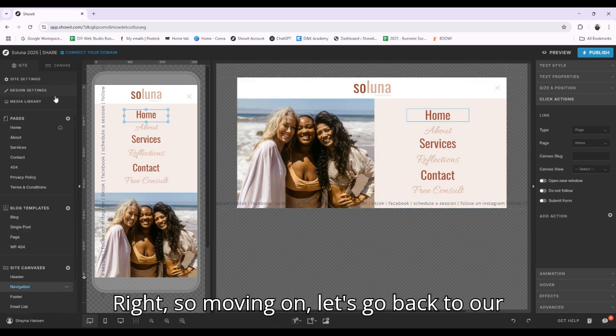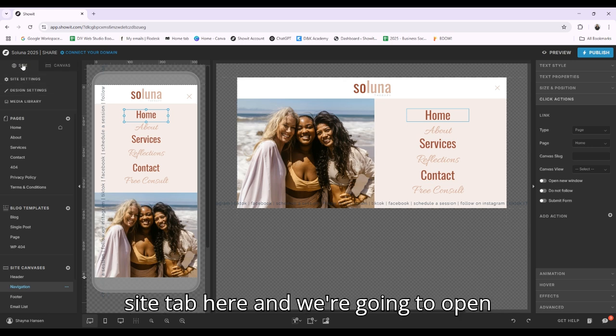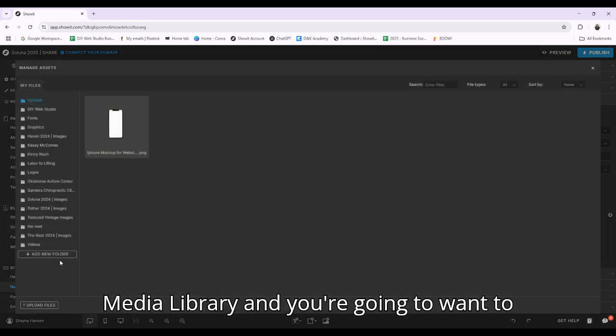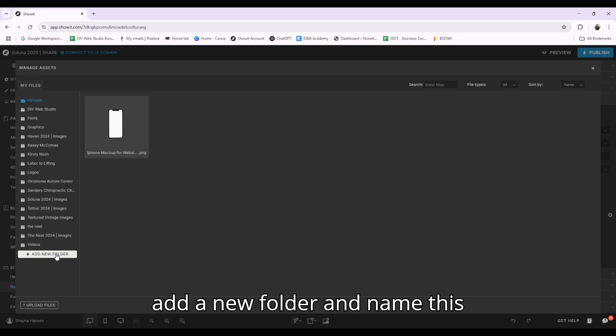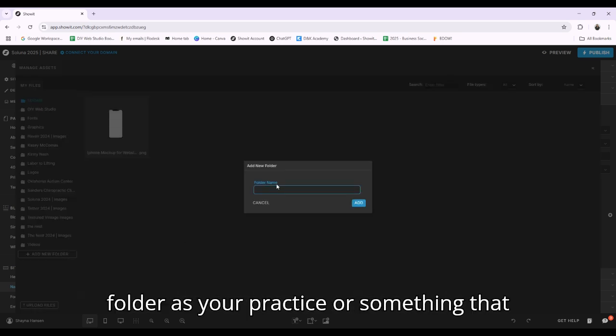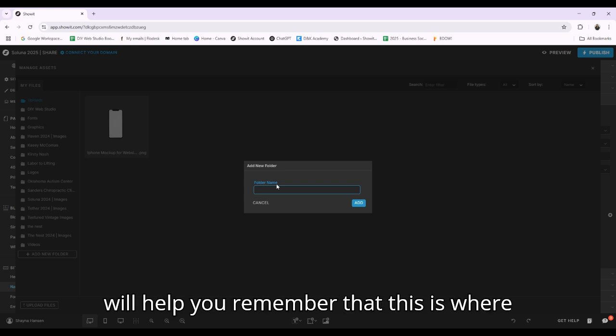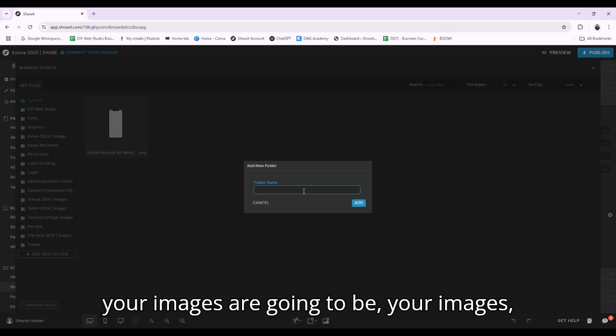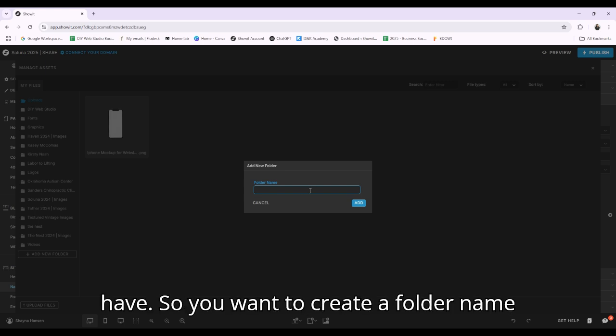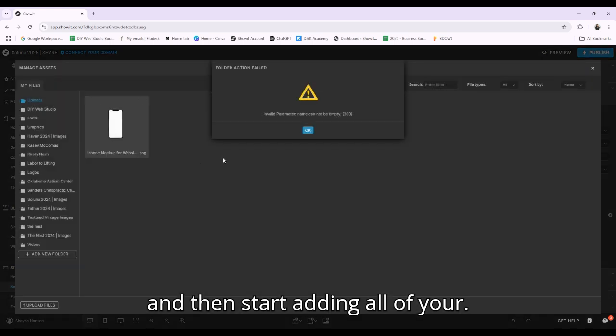Right, so moving on, let's go back to our site tab here, and we're going to open Media Library, and you're going to want to add a new folder and name this folder your practice or something that will help you remember that this is where your images are going to be. Your images, your videos, any graphics that you might have. So you want to create a folder name and then start adding all of your